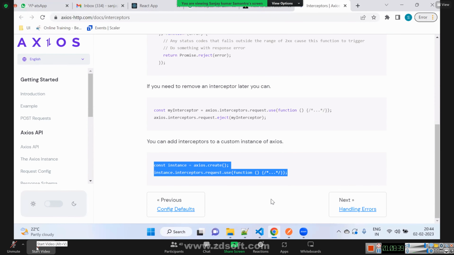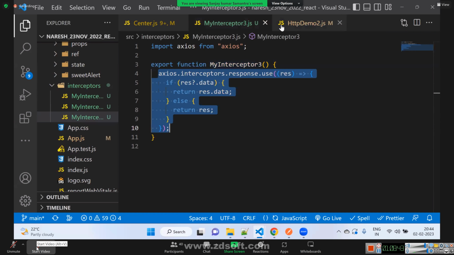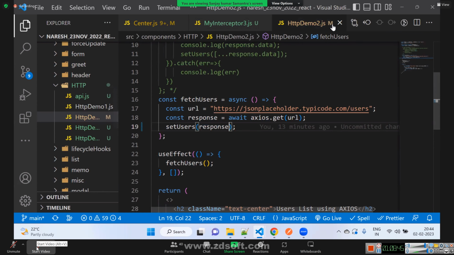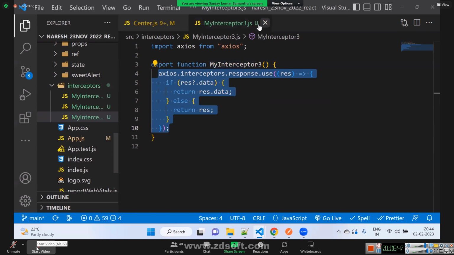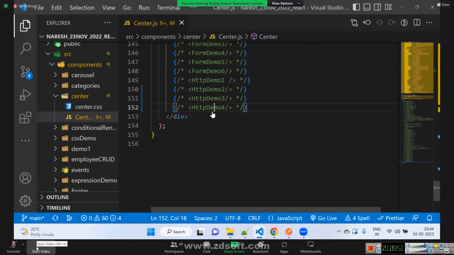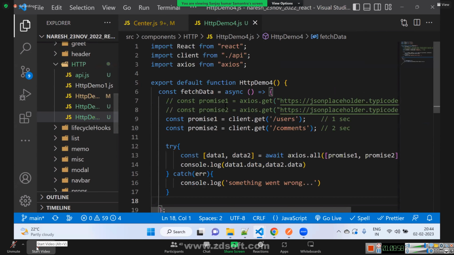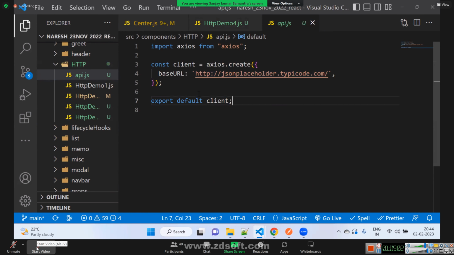So let's say we have HTTP demo API.js. HTTP demo 4 is using client, right? I hope HTTP demo 4 is using client. Now there is API.js. In this API.js, we have client.